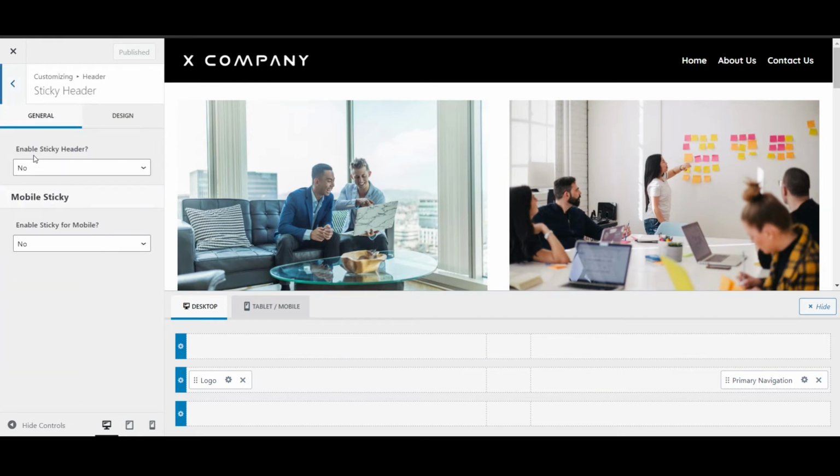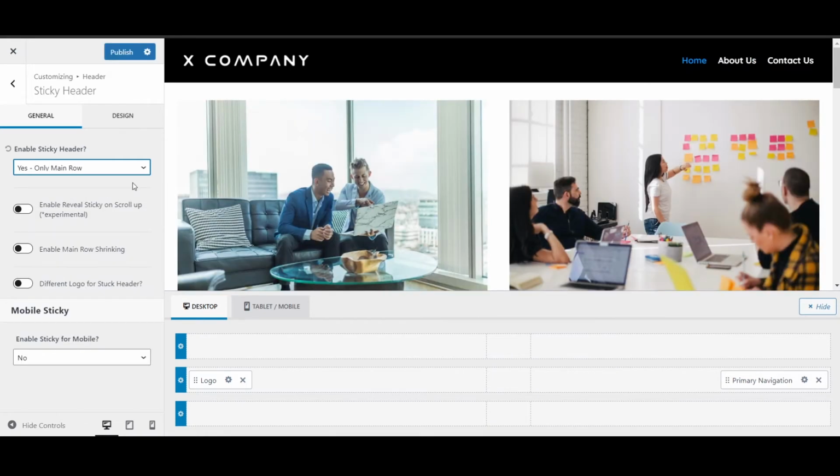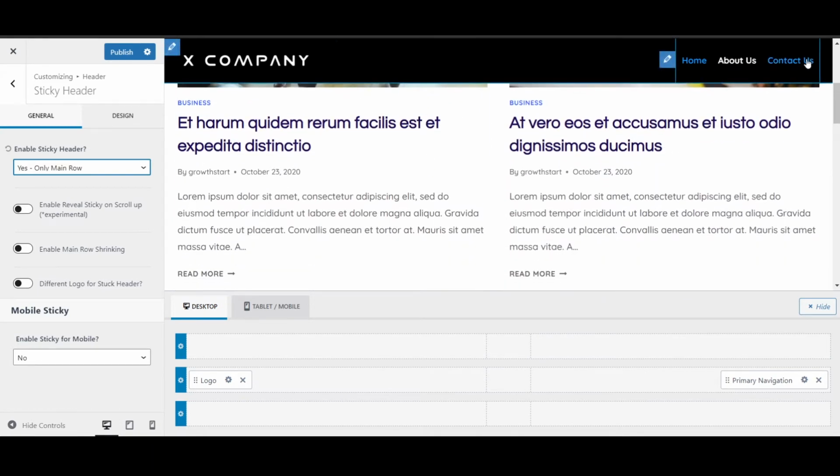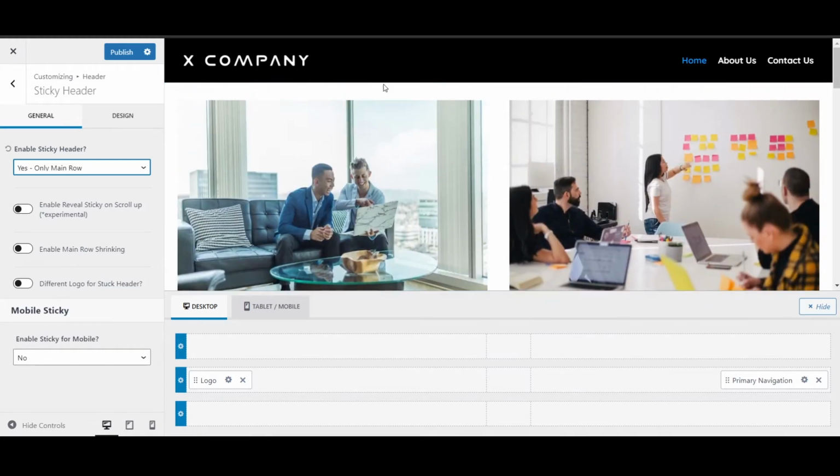Now you'll see here an option that says enable, and we can enable it for these various rows. So we only want the main row, that is where all our content is. So we'll say yes, enable for main row only, and then you'll see when we scroll down, our header stays in place. So you can play around with this a little bit and see what works best for your layout,